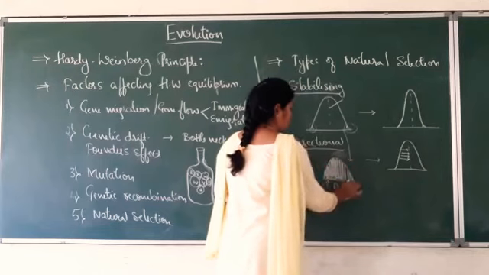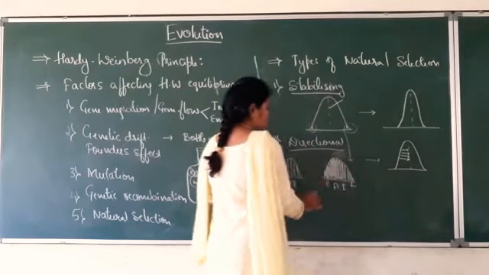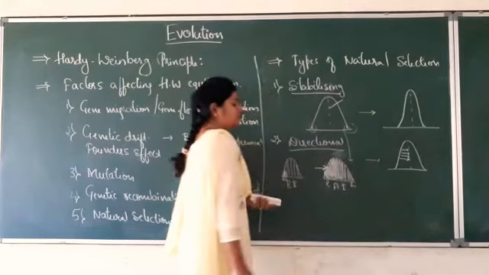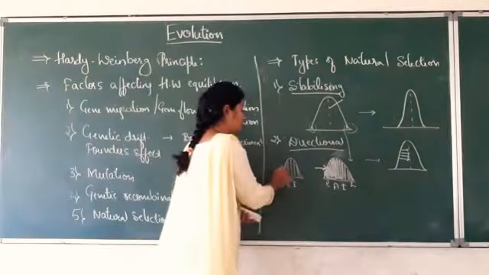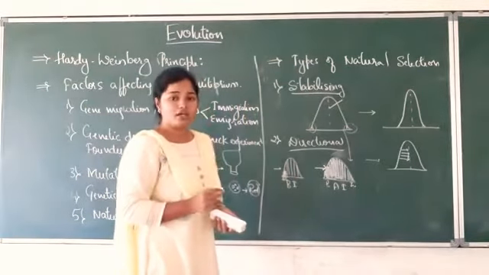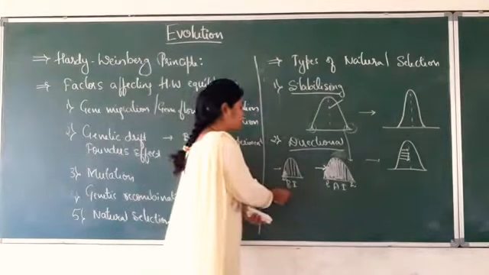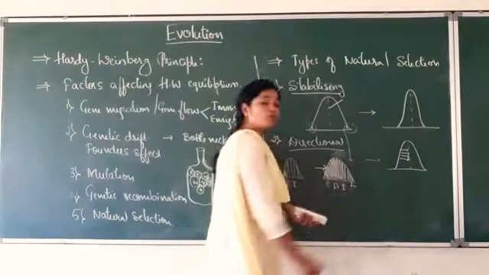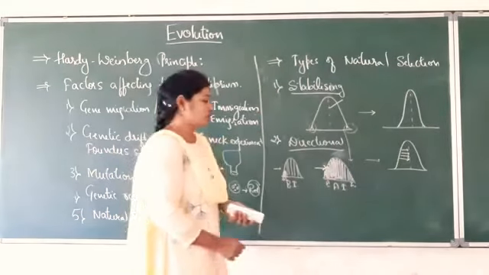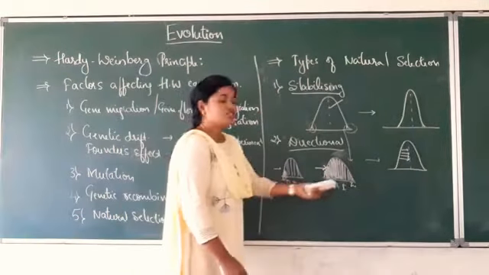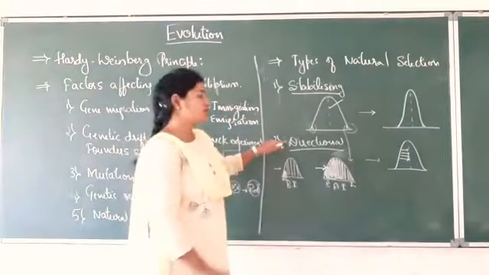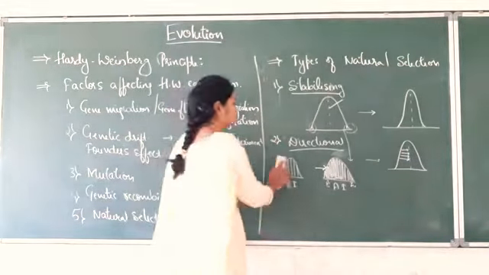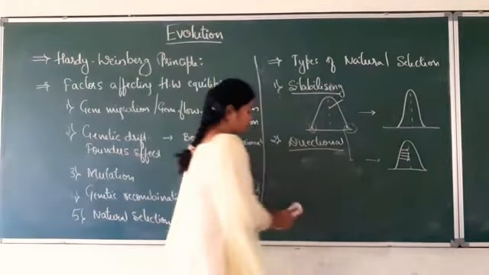So this is a black moth and this is a white moth. Here there is a selection in only one direction. Only the black moths are selected by nature. So here the nature is going to select in only one direction, or the more adapted individuals. Before industrialization the white moths will be more adapted, whereas after industrialization the black moths are more adapted to the nature. Hence there is a selection in only one direction, which is called directional natural selection. So coming to the last one, that is